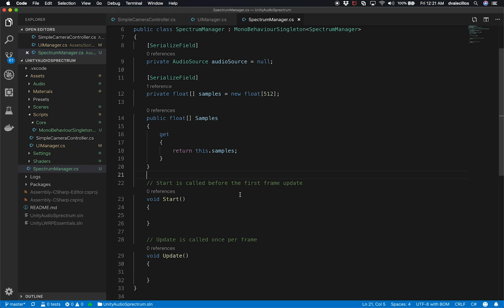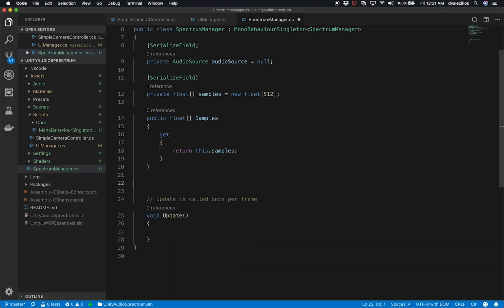So the next thing that I'm going to need is, I don't really need the Start. That gets added by default. And we don't need this comment here. We know that this runs on every frame. So what I need to do now is fill in the samples, which is going to be